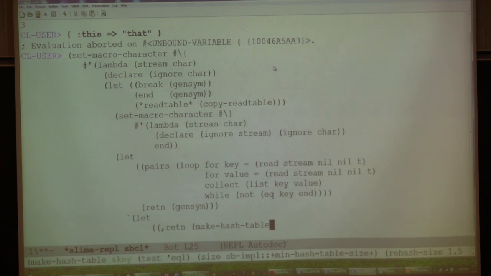Other characteristic things about Lisp you'd notice is that it uses very descriptive variable names. Like in C++, you can get away with using int i for a loop. Now we have to use the words key and value. Now we're going to create a hash table. But we're not really creating a hash table. We're creating a form that evaluates to something that creates a hash table.